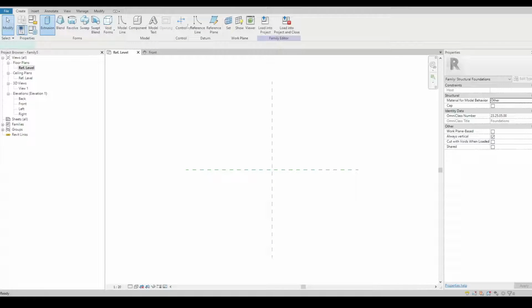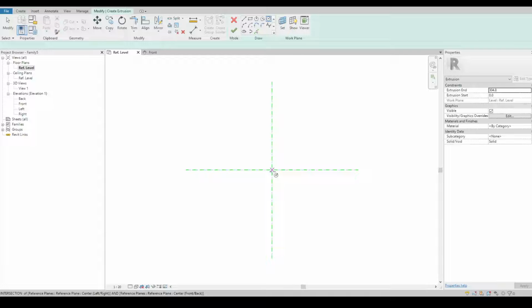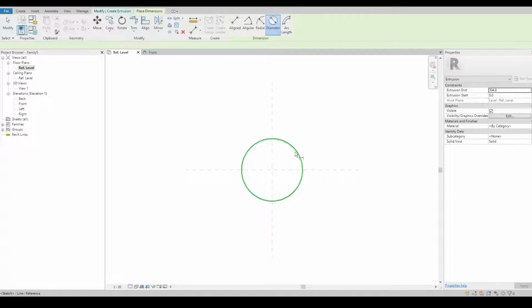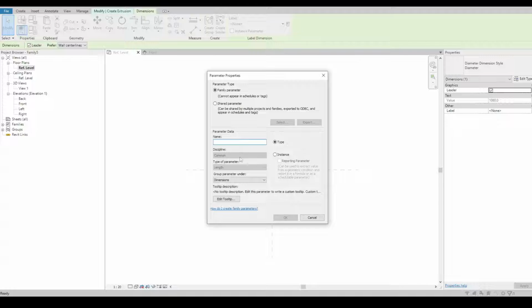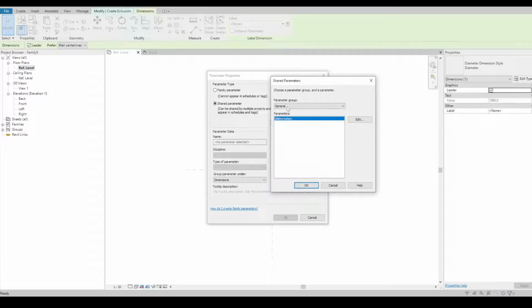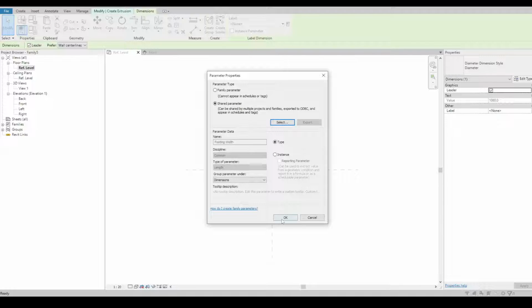I can then go to a plan view and start to model up some of these elements using simple extrusions. I want to put a diameter dimension so that I can parameterize that. Putting diameter or width is not in there. So again, we want to go into our shared parameters file, grab the footing width,